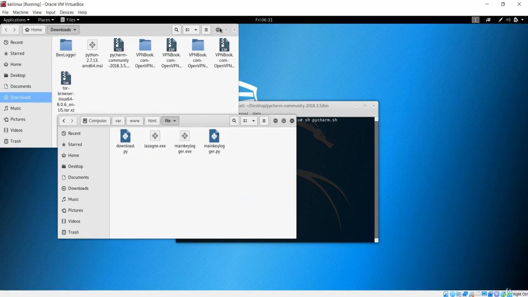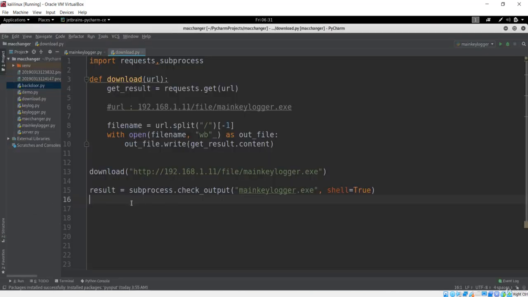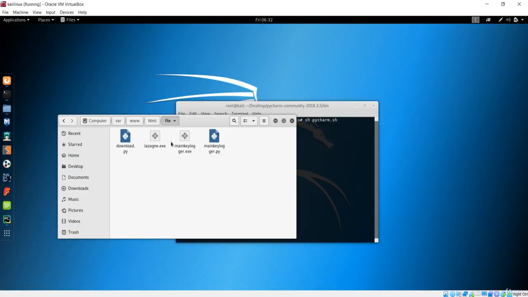Now let's go back to our PyCharm, and over here we want to make some changes. First of all, you can clearly see this download is going to download that keylogger, but for now it is not going to be the keylogger, it is going to be Lazagne. So it is lazagne.exe, so make sure that it is all in lowercase. Okay, it is all in lowercase.